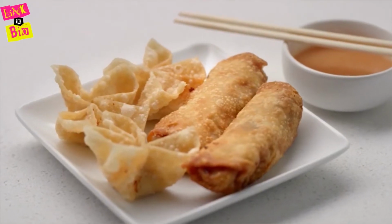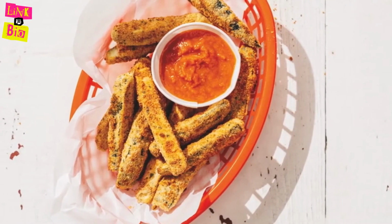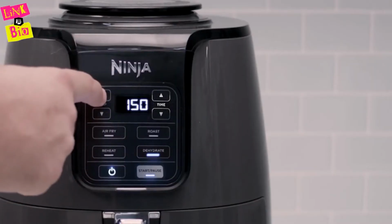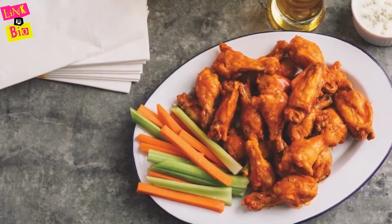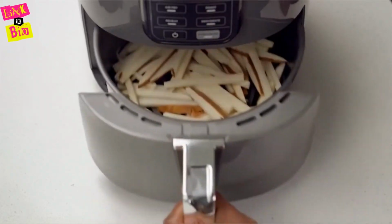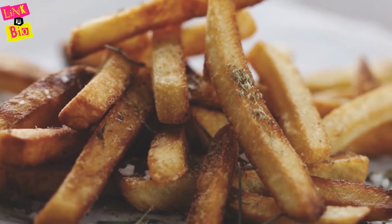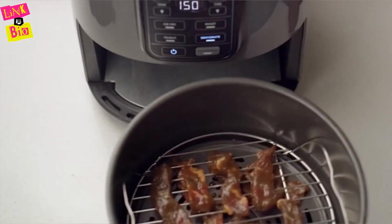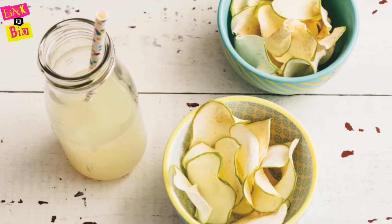It ensures even circulation of hot air around your food for quick, crispy, and golden finishes every time. The secret is the combination of a wide temperature range while powering the fan that automatically adjusts speeds for your temperature setting. This allows you to cook and crisp your favorite foods, like 2 pounds of French fries using little to no oil in a family-sized 4-quart ceramic-coated basket. The wide temperature range gives you the ability to roast, bake, air fry, reheat, or dehydrate foods, making it your new go-to appliance for any